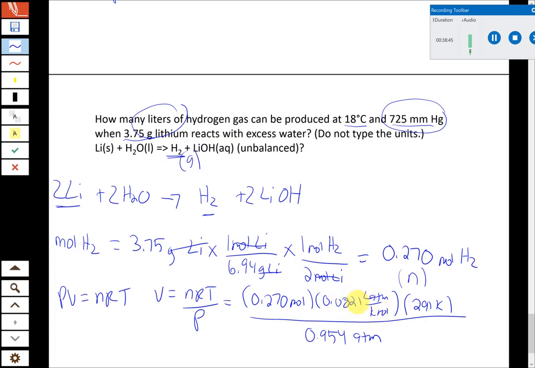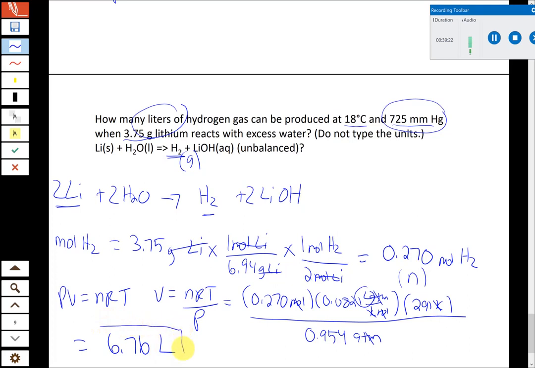atmospheres. Because we're using R in this calculation, which is in liter atmospheres per kelvin mole, the pressure has to be in atmospheres. So moles cancel, Kelvin cancels, atmospheres cancel, so we're going to get a volume in liters, which is what we want. And so what that comes out to numerically, if you'll give me just 1 second. What I got was 6.76